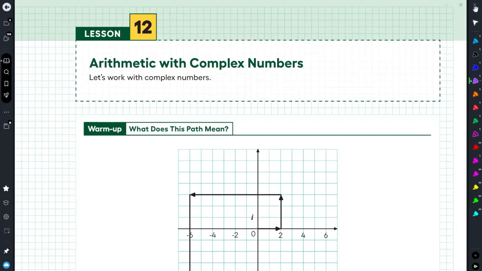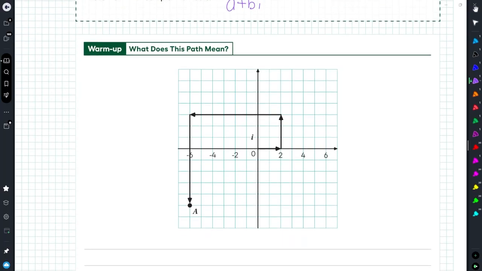All right, so lesson number 12, we're going to be talking about arithmetic with complex numbers. Now remember, a complex number has a real part and an imaginary part, and sometimes you see it written as a plus bi. Okay, so we have the real part and then the imaginary part. And we can draw those on the imaginary plane or the imaginary coordinate system, where the horizontal axis is your real axis